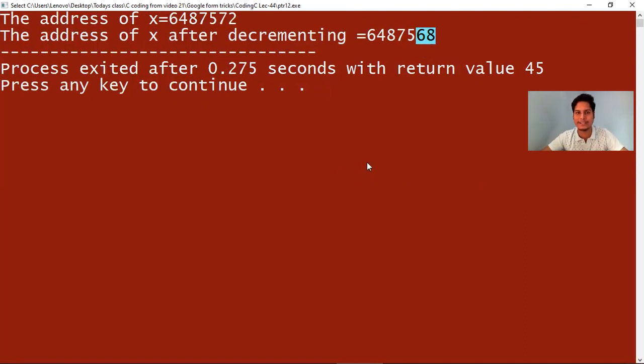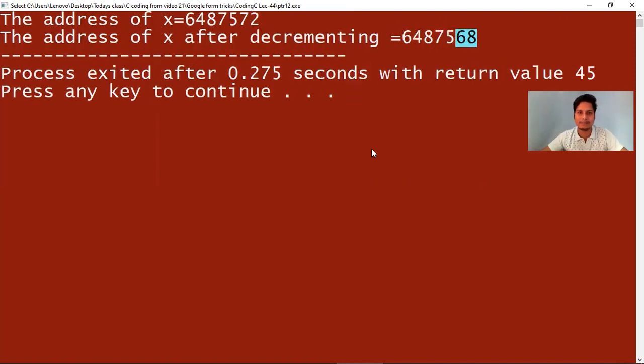It means it has been decremented. So the pointer variables are decremented like this. Pointer variables can operate on arithmetic operations. So in this way, we can decrement a pointer variable.